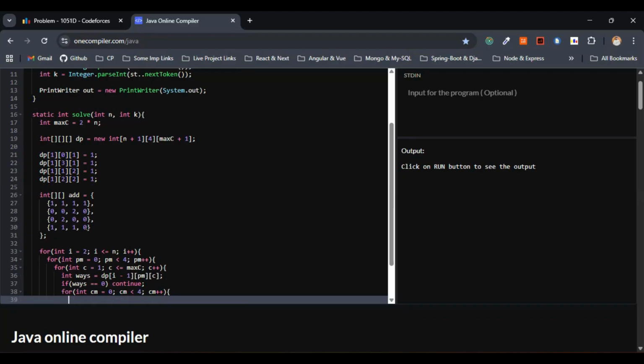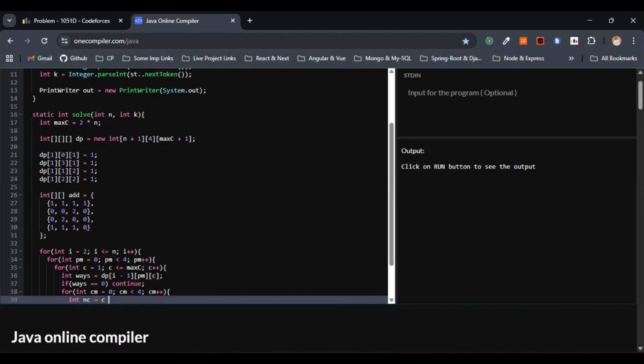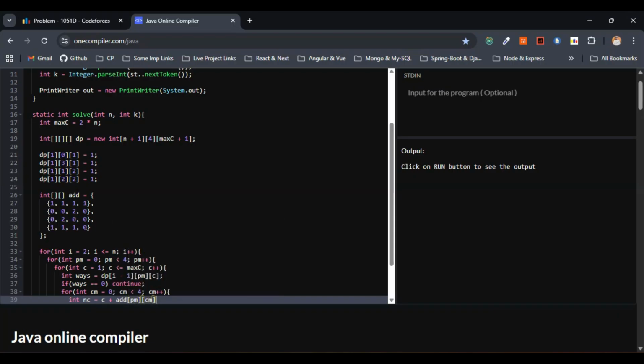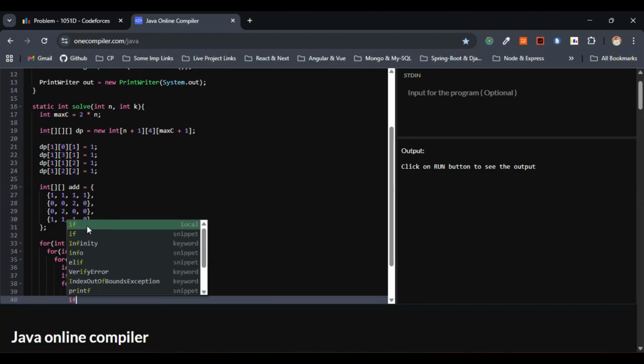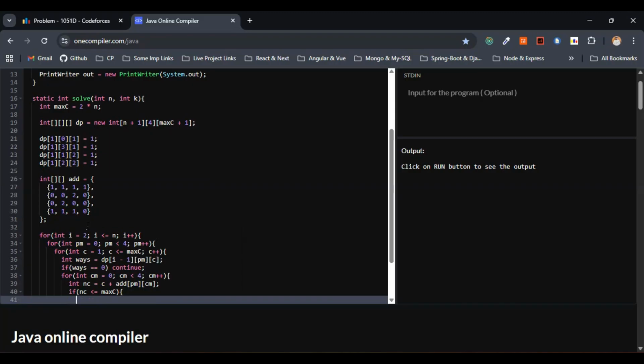So within this for loop, what we have to do, the same thing, we have to go with the new component count after the transition, nothing but new component, nc here. This one let me assign to c plus add of previous mask current mask, as per the approach. Whatever we have discussed in the approach, the exact same thing we are articulating in the form of code here. So this is fine. Now let me write the simple if condition. If the new component is less than or equal to max component, so max c, then what we need to do, we have to add the base into the